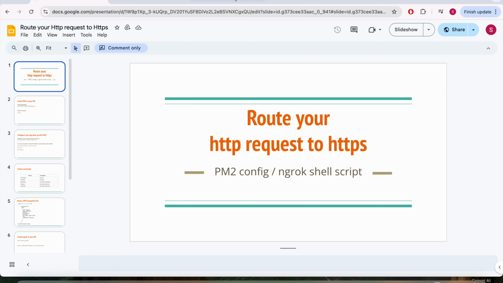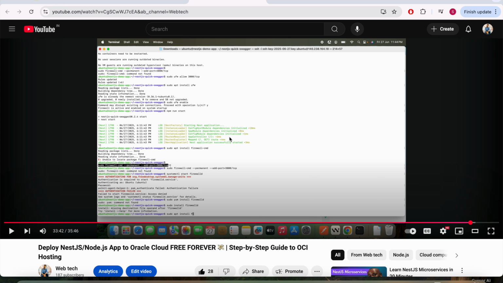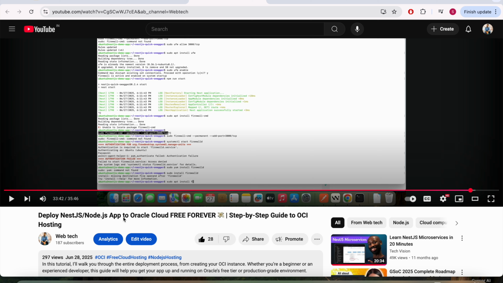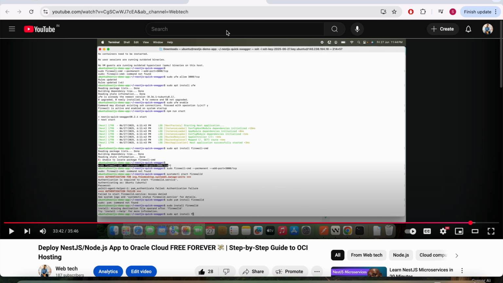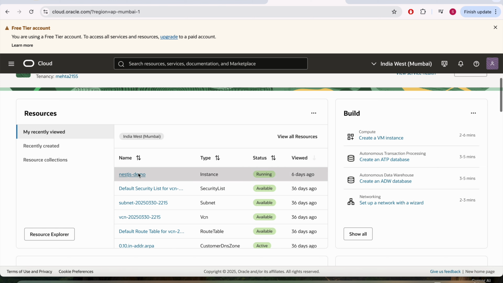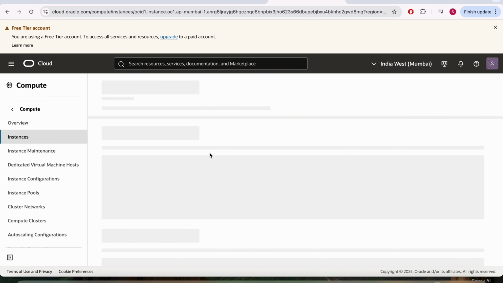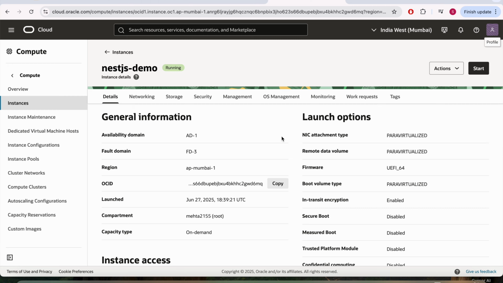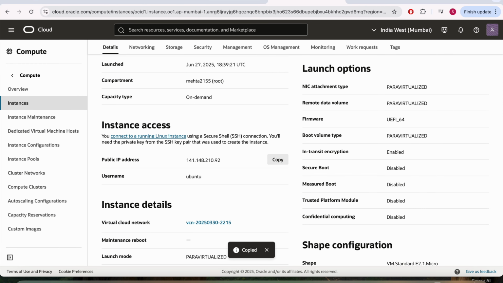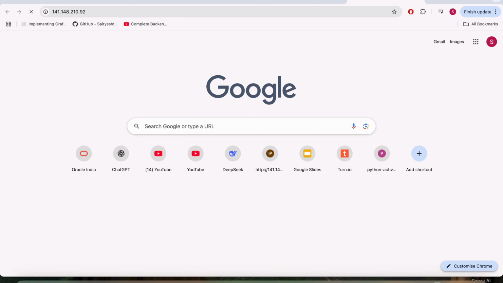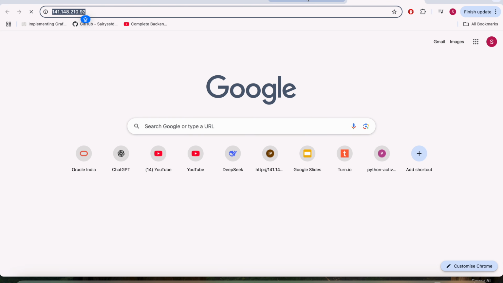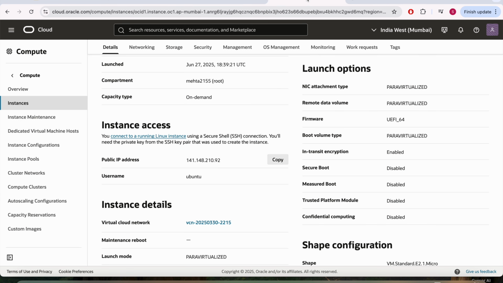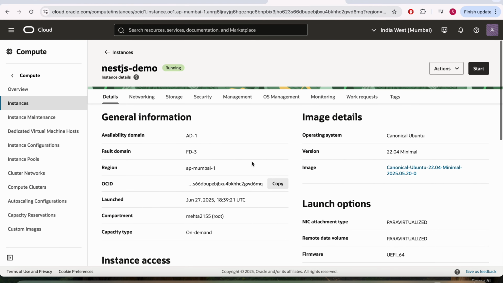So in my previous video, I have provided a deep insight of how you can configure your application in an Oracle free forever virtual machine. Now we will see, whatever virtual machine we have configured, we are able to access only the IPv4 public address. So as I hit this API, we will get the app instance